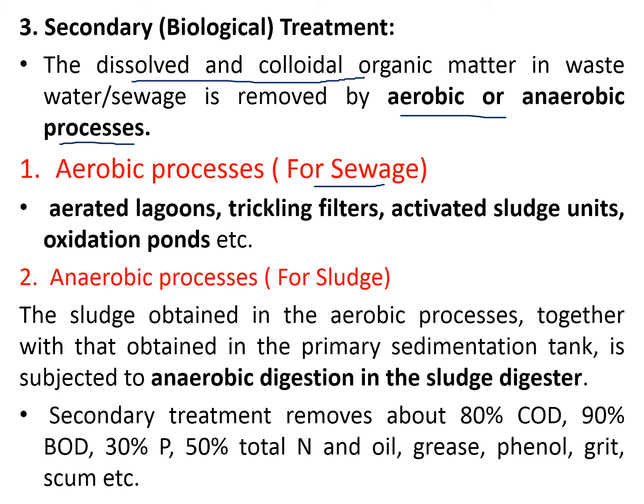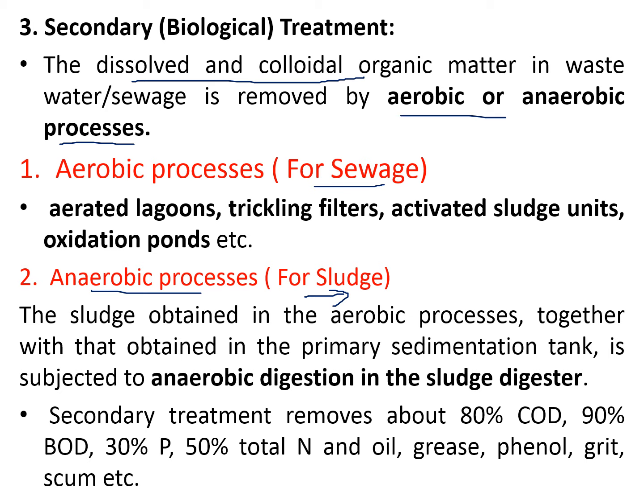For that, different methods are used, like aerated lagoon, trickling filter, activated sludge unit, oxidation pond, etc. In this semester you are going to learn in detail about all these units. Next is the anaerobic process, which is in the absence of oxygen. Whatever settles down under the force of gravity in the primary sedimentation tank or secondary sedimentation tank, which is provided after your aeration unit or the biological unit,